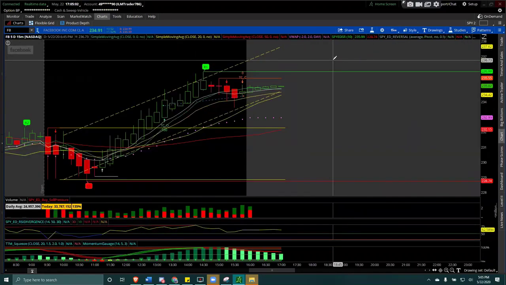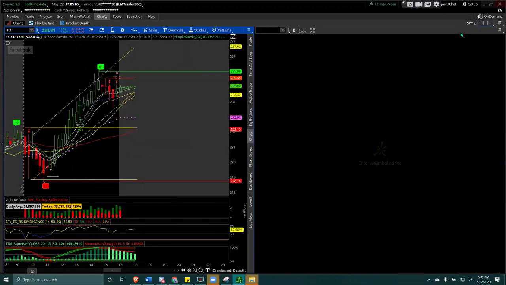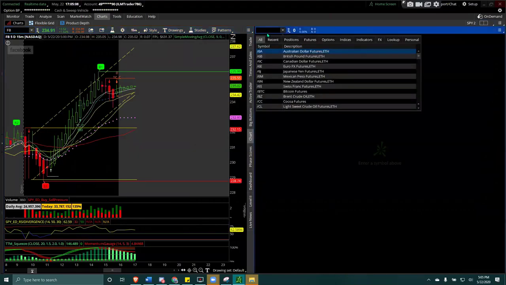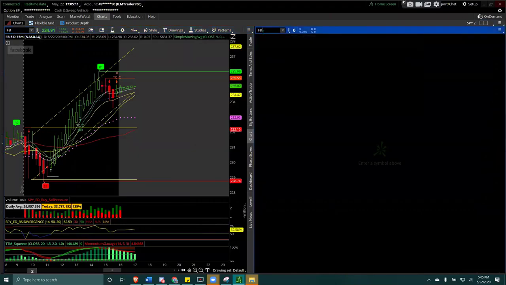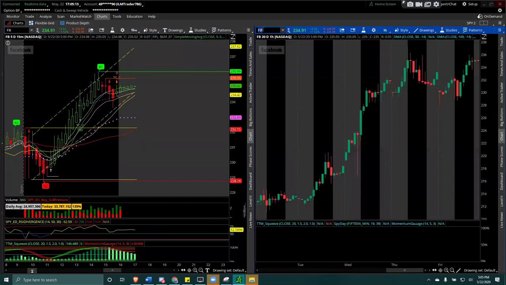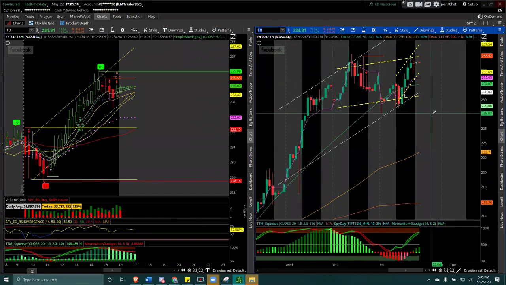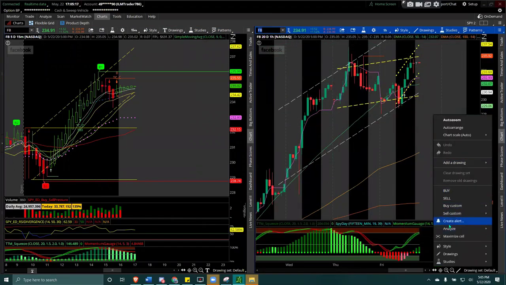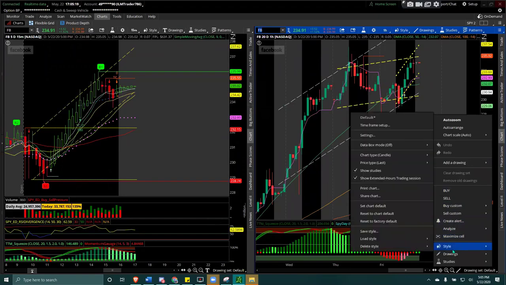On a day trade, I look at this one and I look at my hourly chart side by side. If I want to do, let's say here, and I'll put FB, but importantly on a day trade, I look at this one here, the hourly, what's happening within the hour, right?